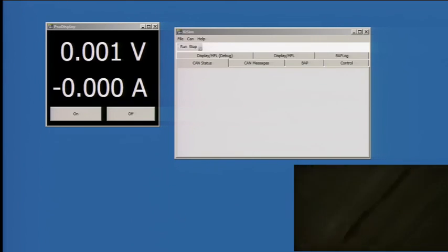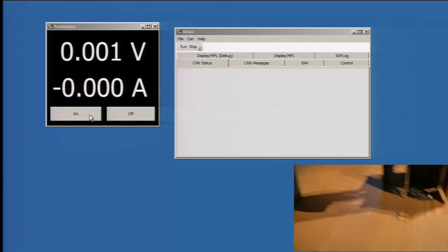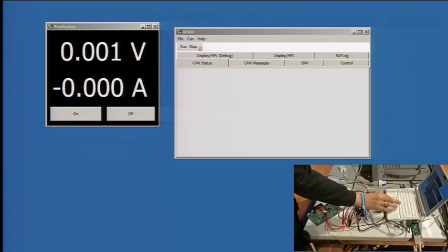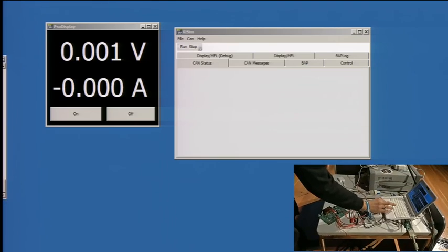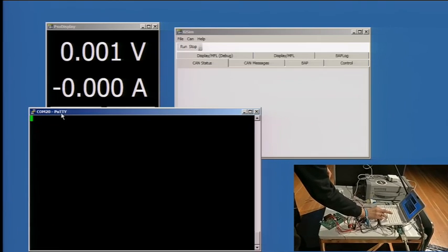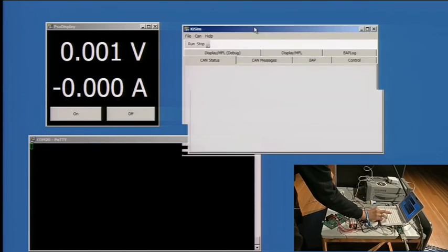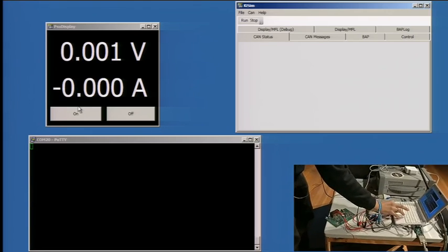Here's the serial output. Here's my fancy tool, and this is the actual camera. So I power it on,